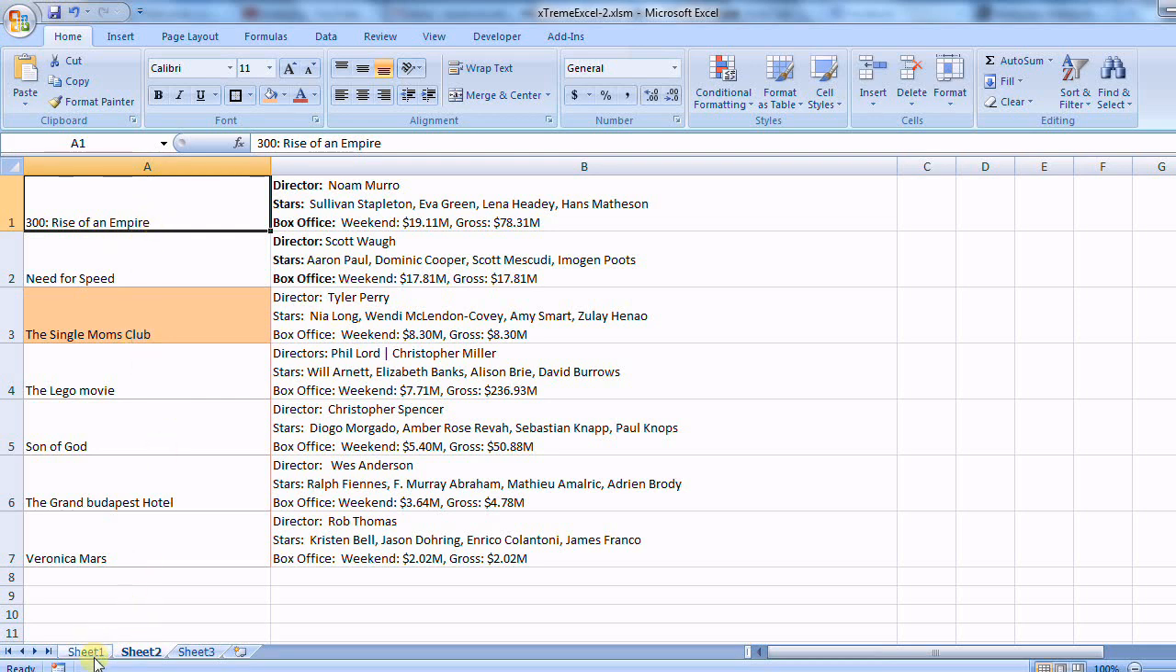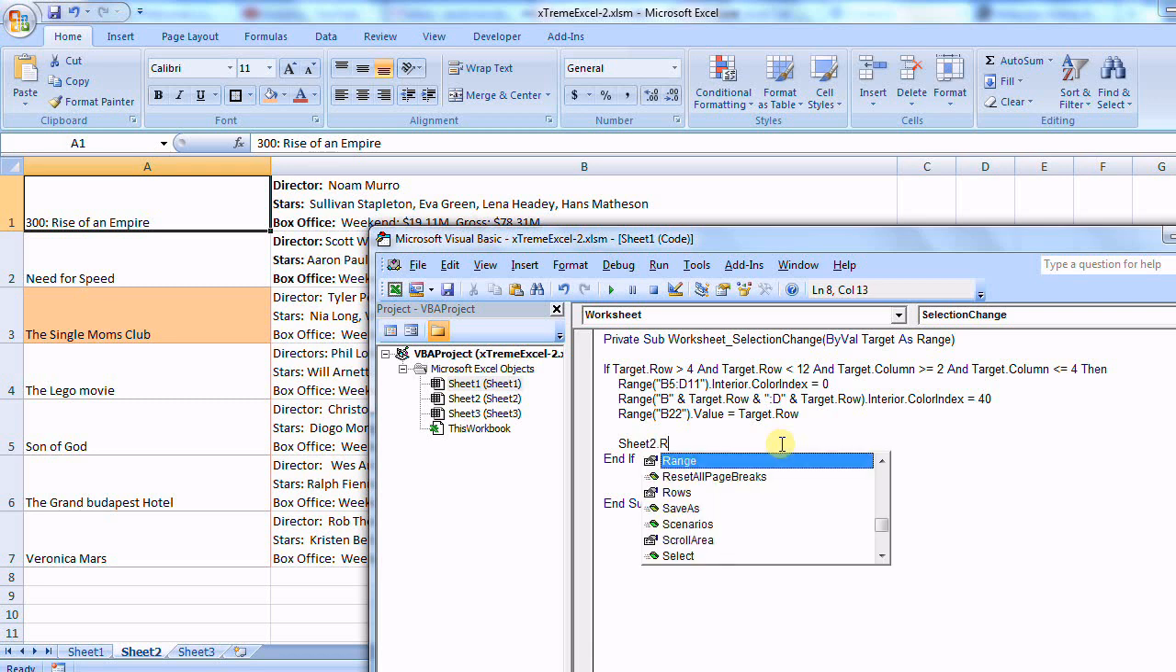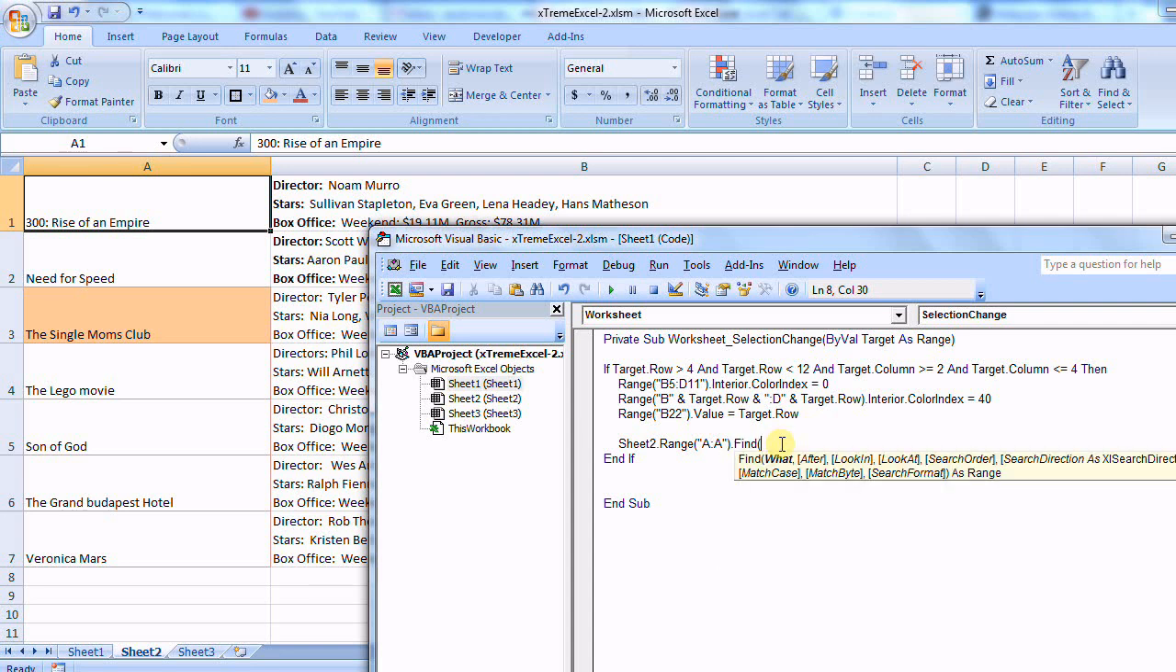Right, so when a user makes a selection, do one more thing, and that thing is you need to find something in sheet 2, and you need to basically go to sheet 2 and then range complete first column. You need to find what? Target dot, not target, basically cells row index would be target.row,